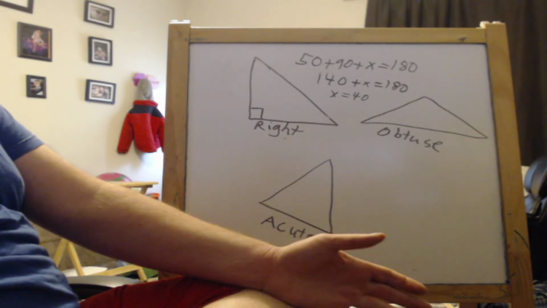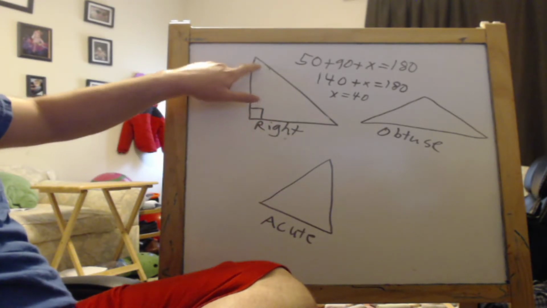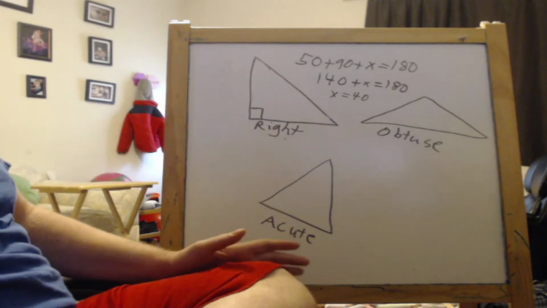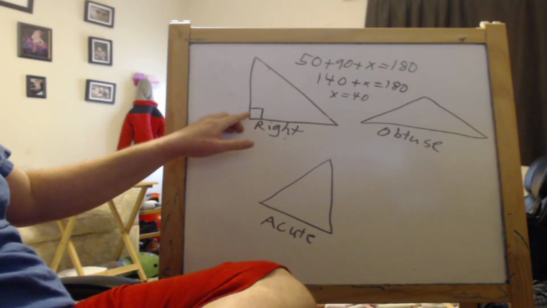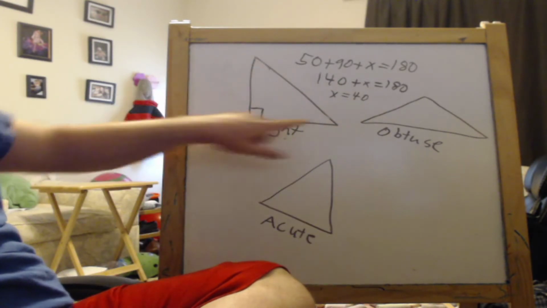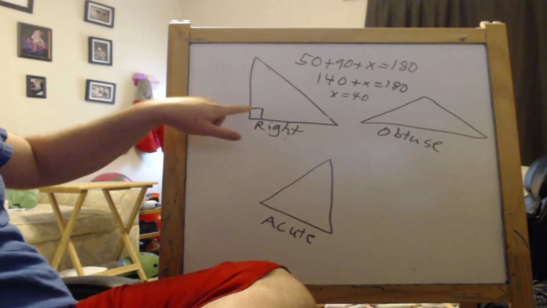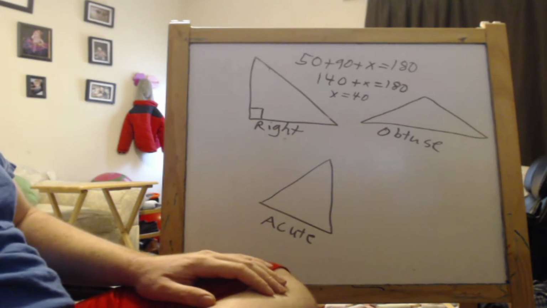And it is equal to 90 degrees. So if this equals 90 degrees, then these two angles have to also equal 90 degrees together, because 90 plus 90 equals 180, right? So all three of these equals 180, and if this one equals 90, then this angle and this angle have to equal 90